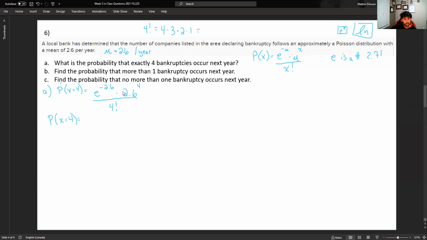And then you're going to multiply it by 2.6 to the power of 4. When you do that, I got 3.3941 divided by 4 factorial, which is 24. Okay, when you finish typing that in on your calculator, I got